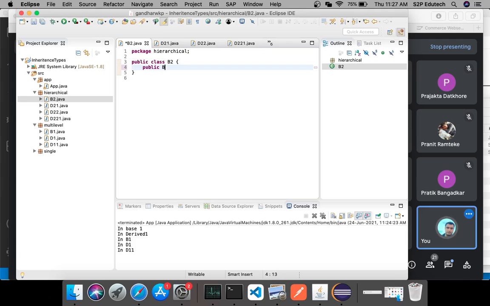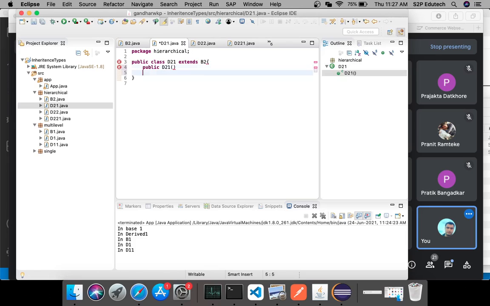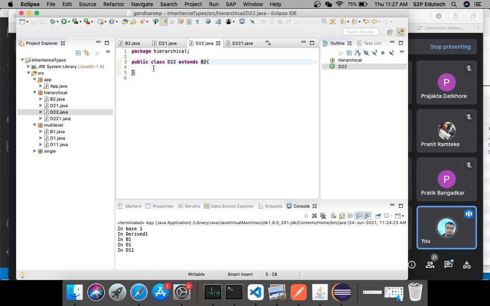So I'll say public B2, I'll say in B2, then in D21 I'll say in D21, in D22 again I'll have a constructor which says in D22, and in D221 I'll have another constructor.